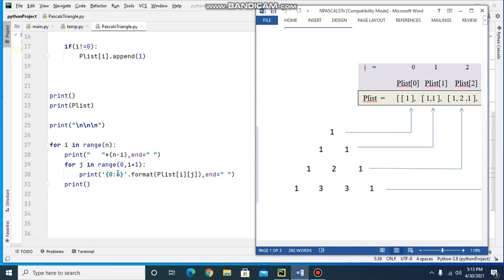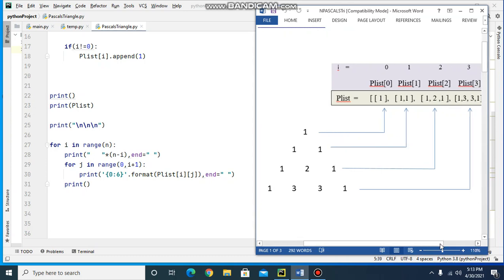So 3 times this j loop will get iterated for values of j equal to 0, j equal to 1 and 2. So here it will print p list 2 0, 2 1 and 2 2. P list 2 0 is this one, 2 1 is this 2 and 2 2 is this one.